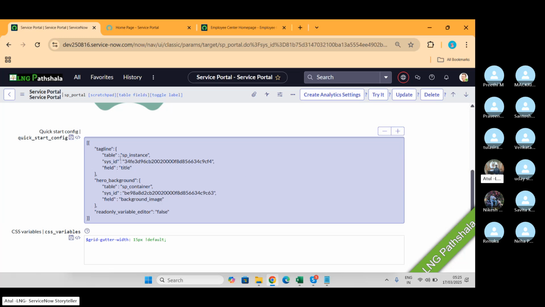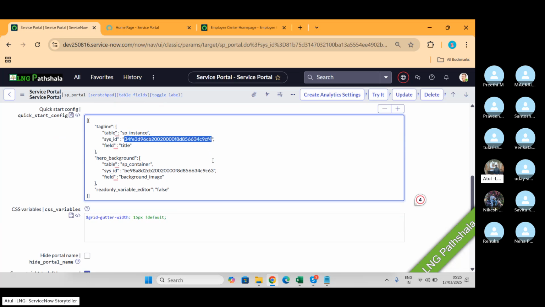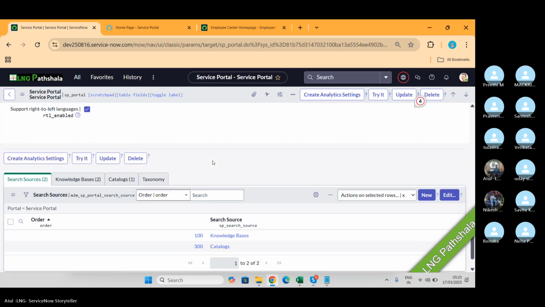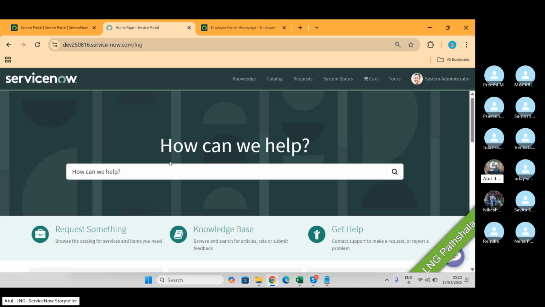So they have some service portal configurations. Again, HTML CSS code, which I have no idea about. I'm not a hardcore developer here. Okay. Now, when you search on this portal, you're getting the response from 2 areas.